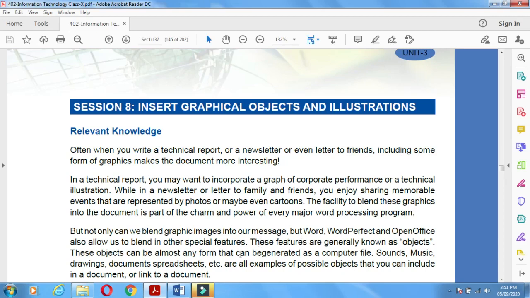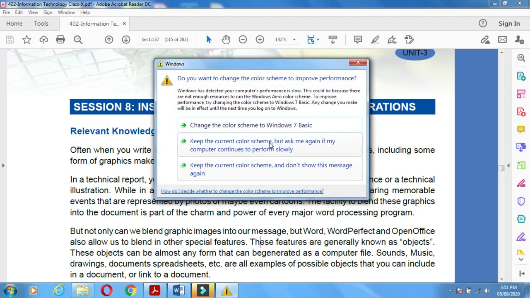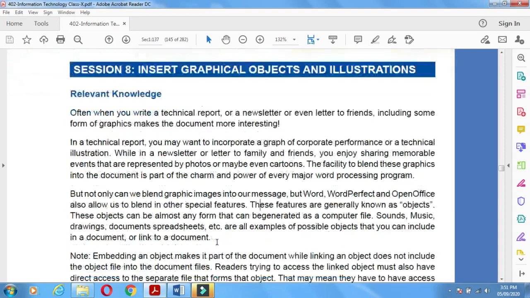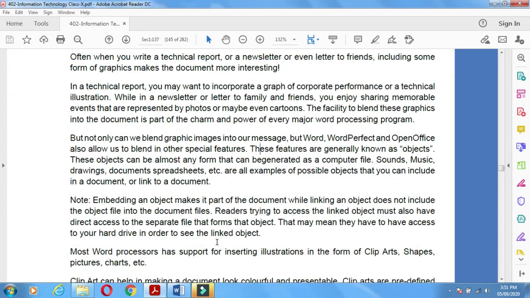These objects can be almost any form that can be generated as a computer file. That may be a sound, music, drawing, document, spreadsheet, etc. All are examples of possible objects that you can utilize in your Word document, or you can add a link to the document. So when you utilize or add these objects, your report will be very professional and effective.